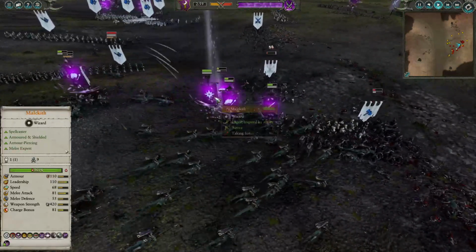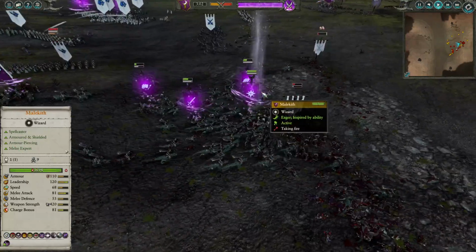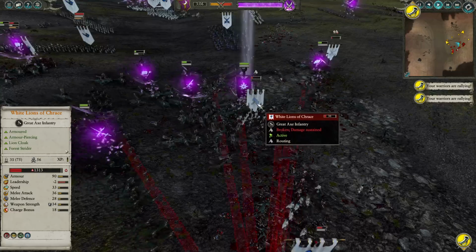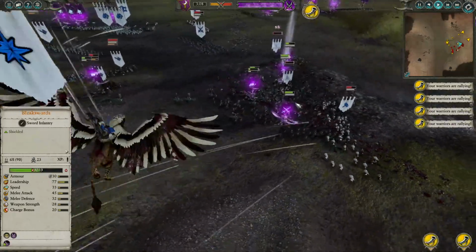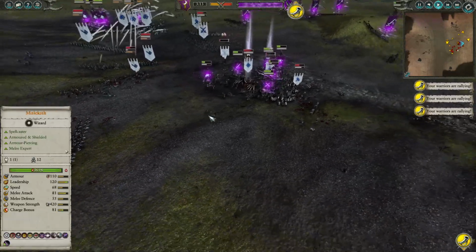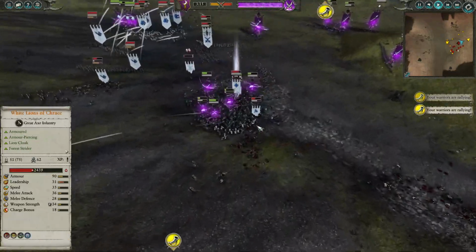In the front, we're going to have some great support here. The triple Cold One Knights supported by Malekith, really punching through the front line and deleting that elite infantry, White Lions of Chrace. Supporting here as well, we are going to use the Black Ark Corsairs. Looks like they are going to be leaving the range alone. I don't know if that's too much of a good option, but it looks like they are going to be